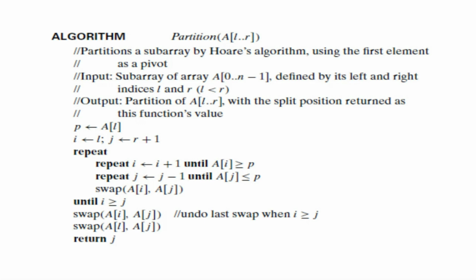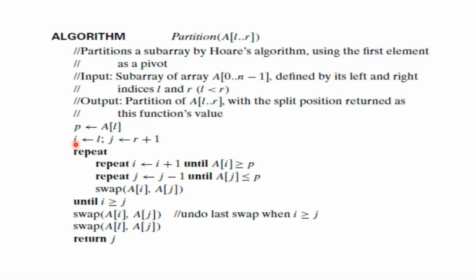Let us see how the partition algorithm is written. So we are going to partition an input array A with left and right indices as L and R. This algorithm is going to return us one value where the partition is made, that is the position where the partition was done. Initially we need to find out the pivot element. So what have we decided? The first element in the subarray is going to be the pivot element. So the variable p is assigned with the first element, that is A[L], as the pivot element.